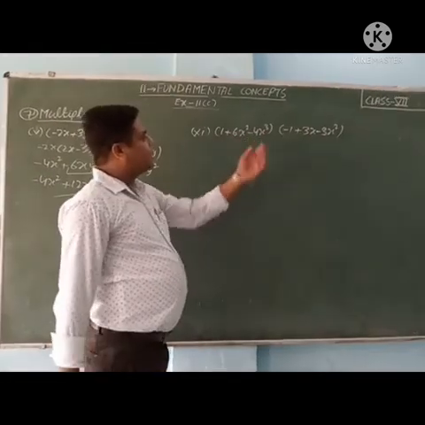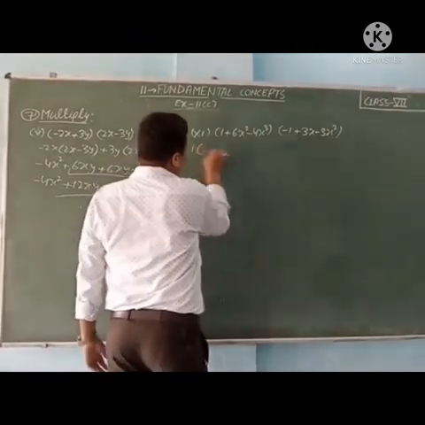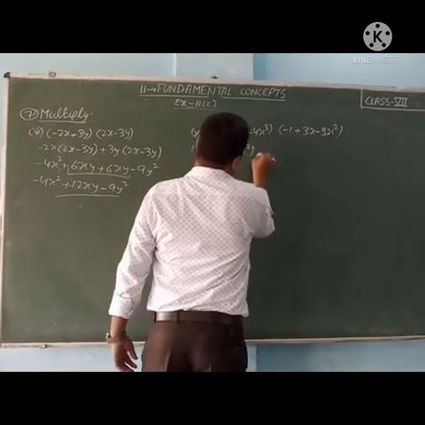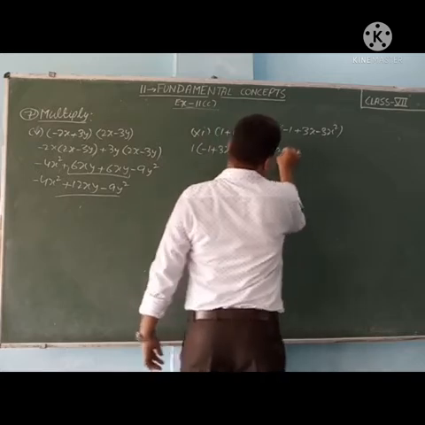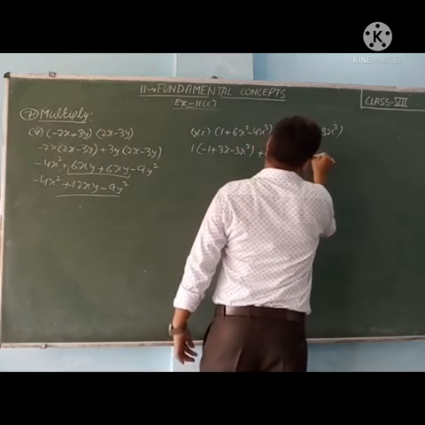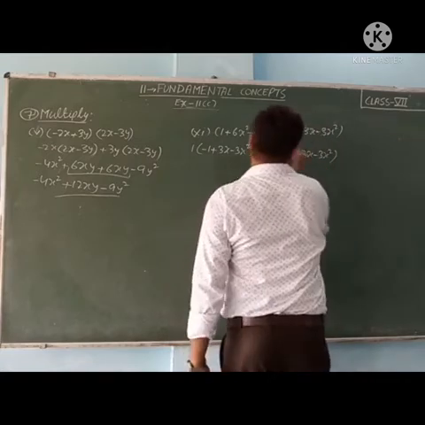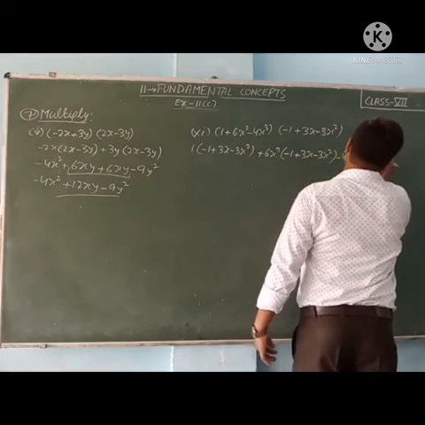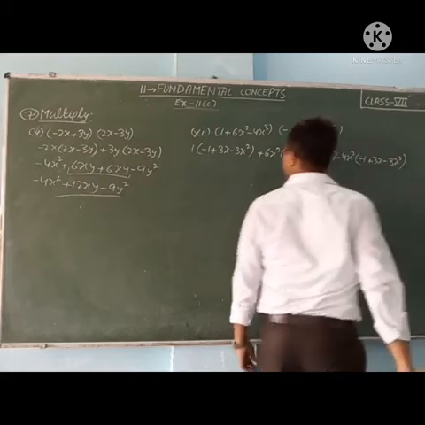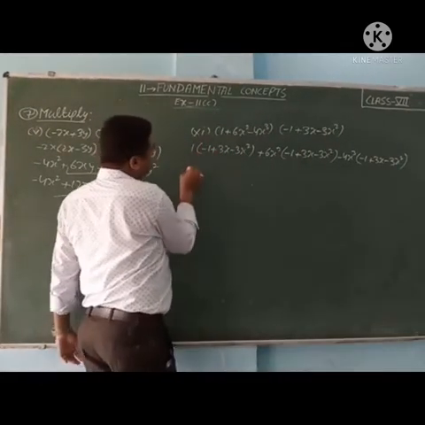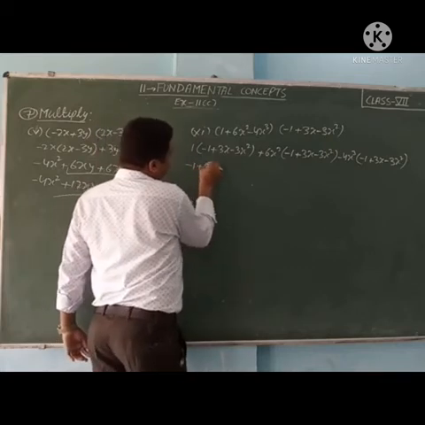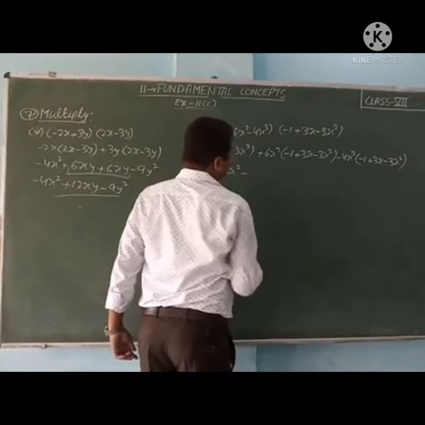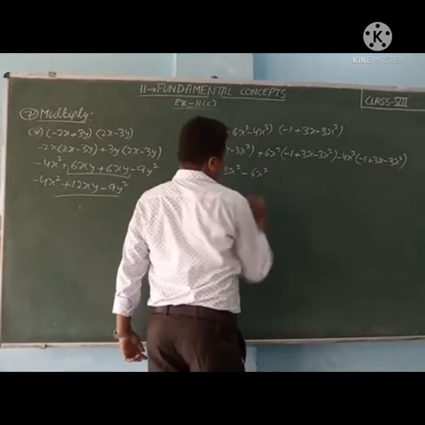So we have to do the multiply of both the expressions. So this one and this complete expression, minus 1 plus 3x minus 3x square, plus 6x square, so minus 1 plus 3x minus 3x square, then minus 4x cube, then minus 1 plus 3x minus 3x square. So 1 into minus 1, minus 1. Then plus 3x minus 3x square. Then plus minus minus, 6 ones the 6x square.